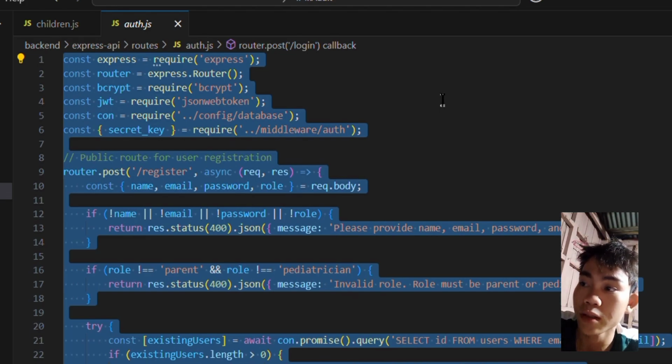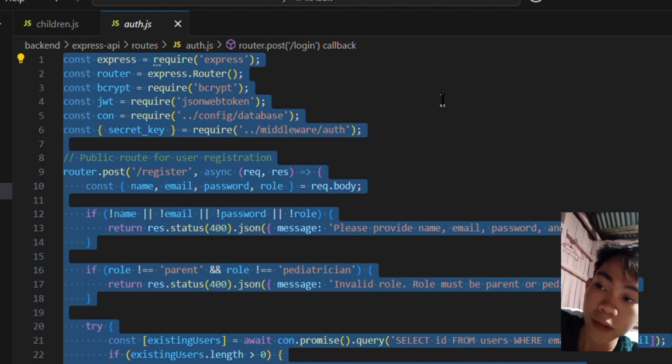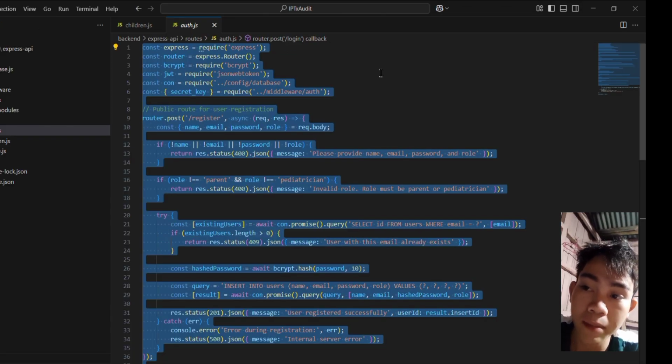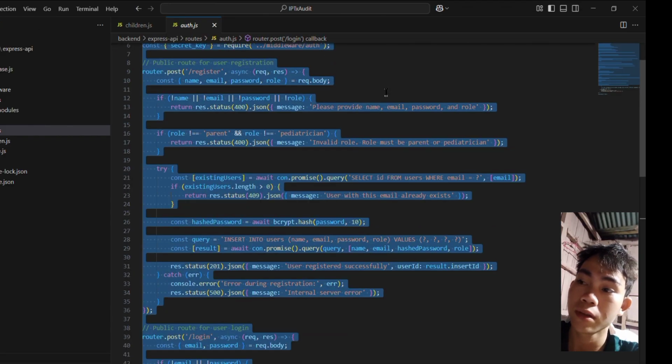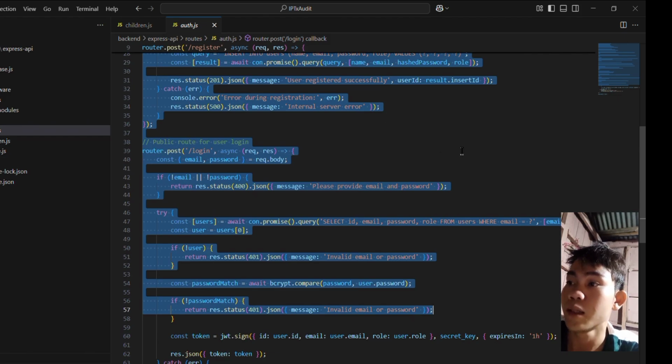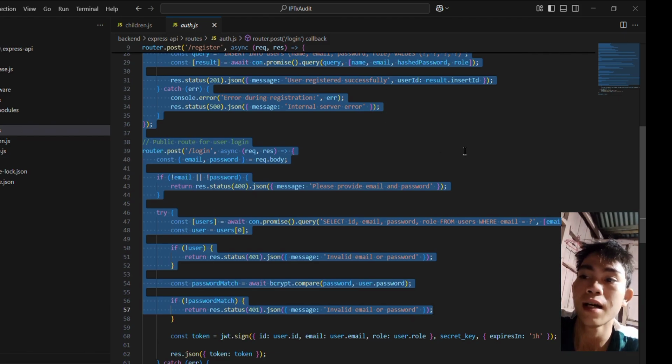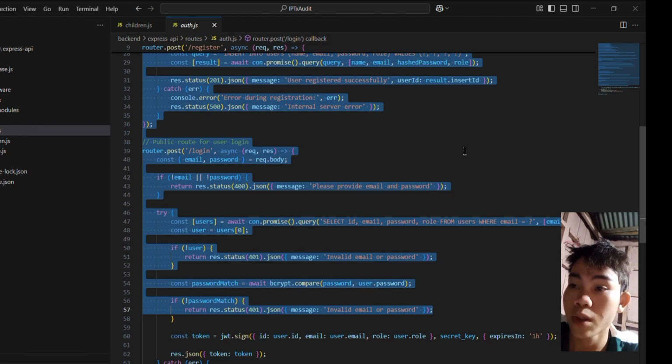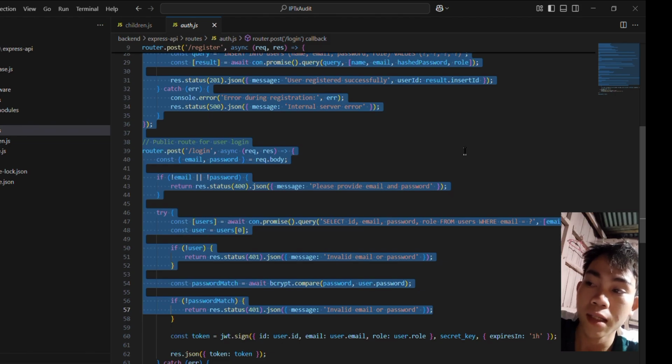In the code, const existingUsers equals await con.promise().query, and const hashedPassword equals await bcrypt.hash(password, 10). Then we check the database to see if the email is already registered, and if not, we hash the password using Bcrypt with a salt round of 10.